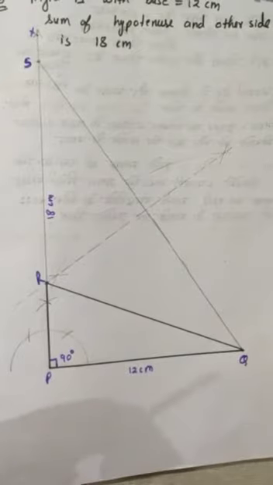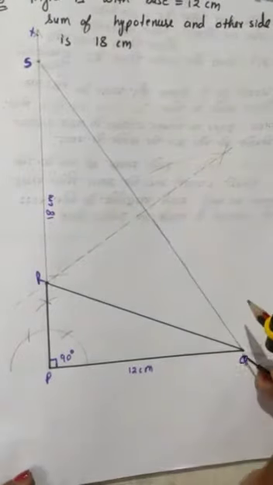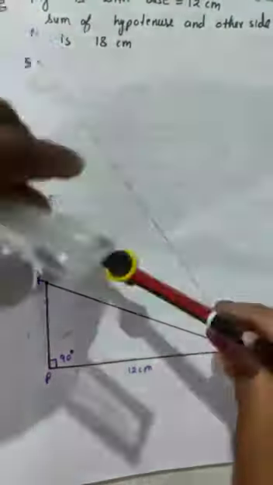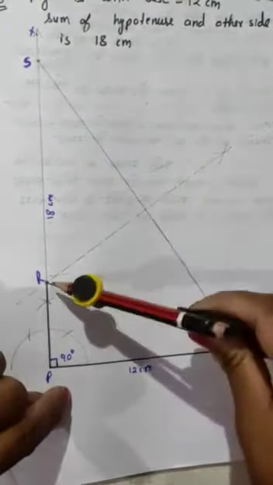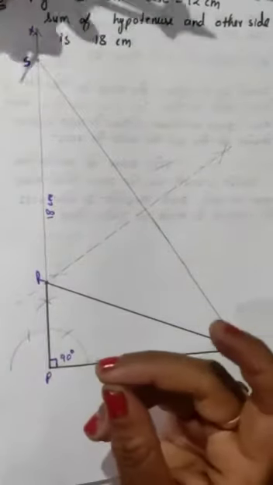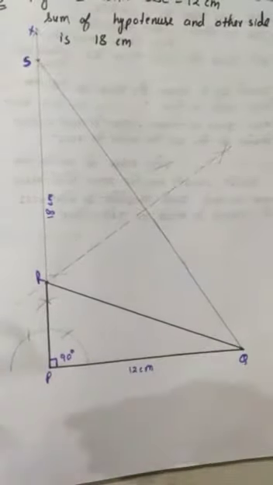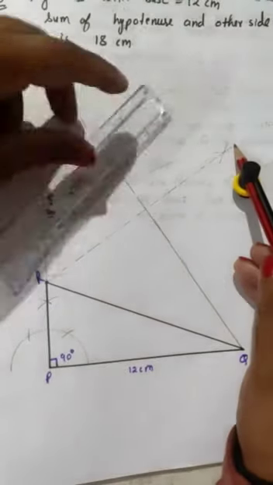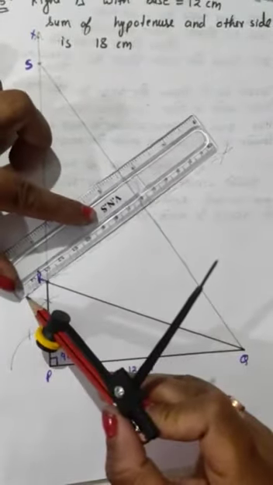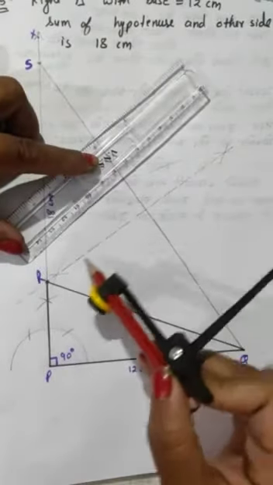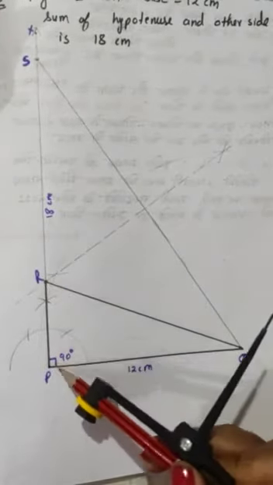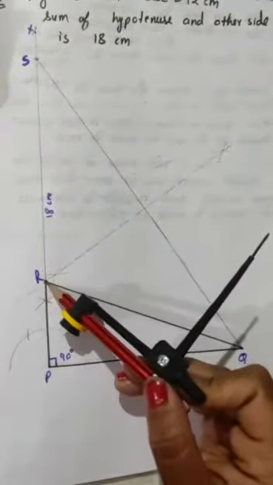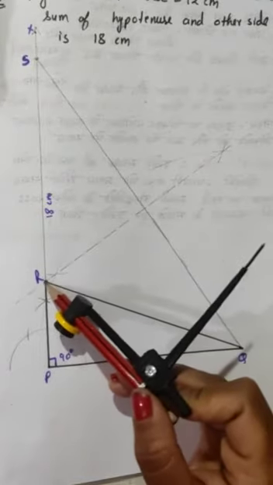Then you have to draw the perpendicular bisector of this line QS. For that, the same method, you know how to construct the perpendicular bisector. You have to take the radius as more than half. Okay, and then one arc from this side and one from this side, and then you know this is the perpendicular bisector. Okay, you have drawn it dotted. Make sure you are also using the dotted line for this. So this dotted line is the perpendicular bisector, and where it intersects the previous line PS, give that the name R. Okay, this is point R.